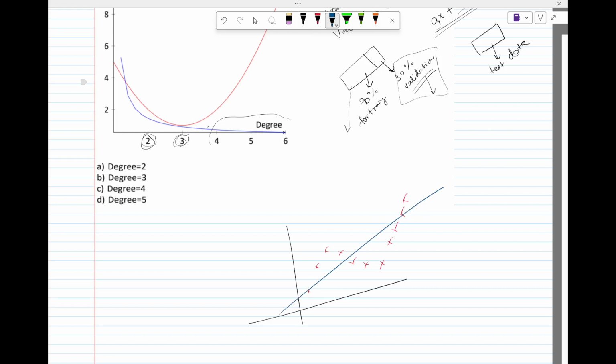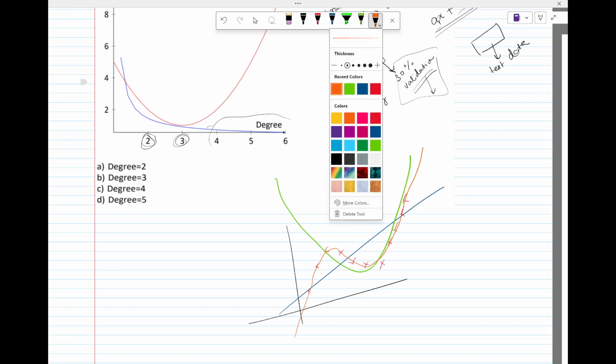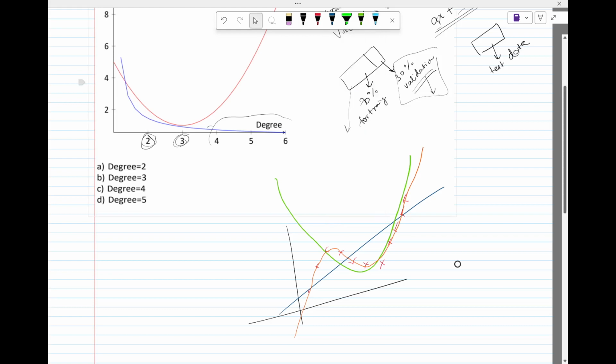A degree 2 polynomial would be something like this. A degree 3 polynomial would be something like this, right? So a degree 3 polynomial was able to fit really well. Now if I were to think of a more complex polynomial, that would be something like this, a much